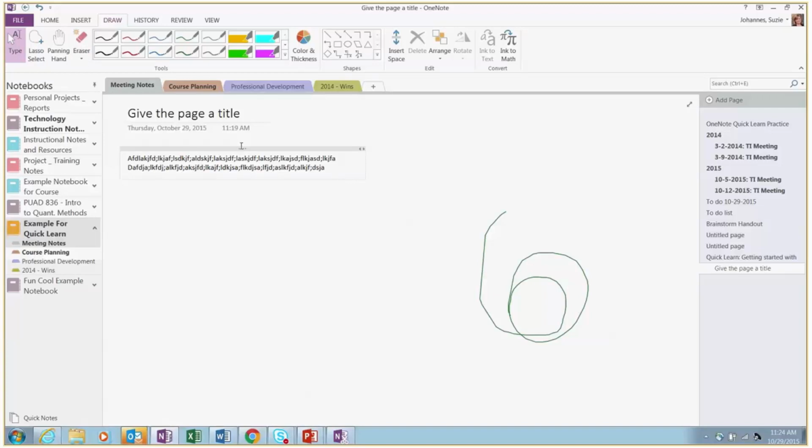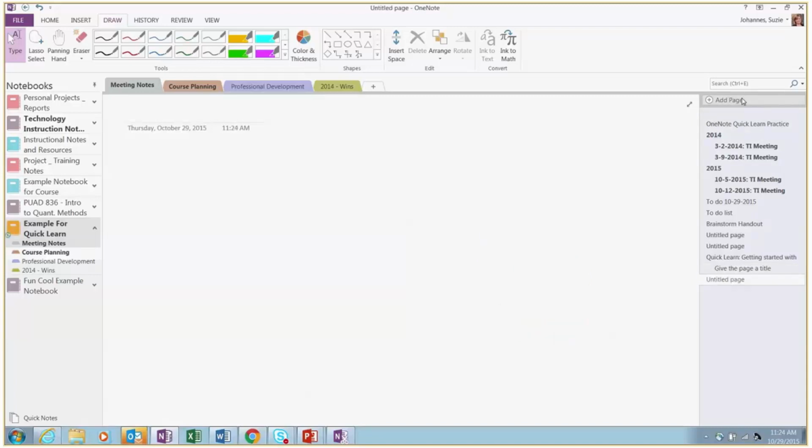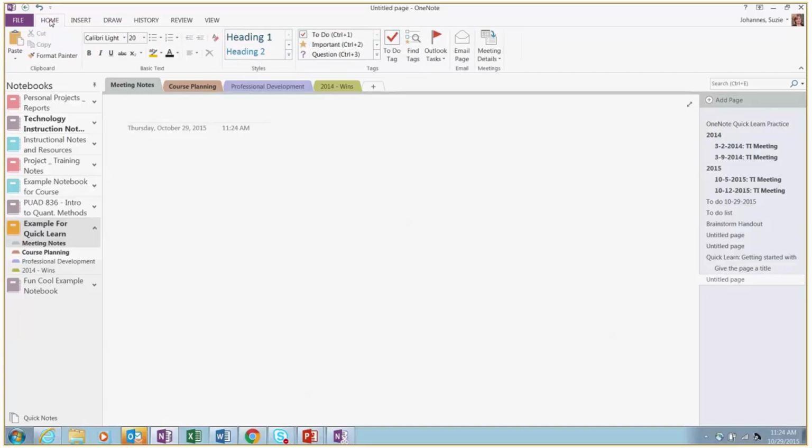So let's just talk about adding content. Here, first and foremost, that meeting notes option is probably the thing that you're going to get the most benefit out of. And with that, it doesn't have to be a meeting that you scheduled. So oftentimes I'll be attending a meeting, but it has to be on your Outlook calendar. And I'll say, oh, I need to write that down.